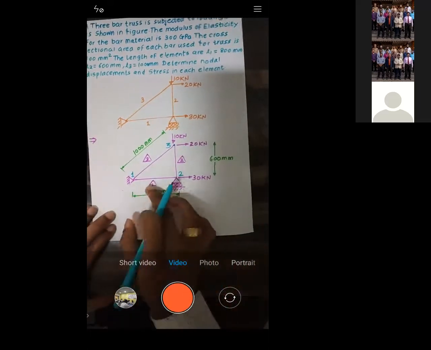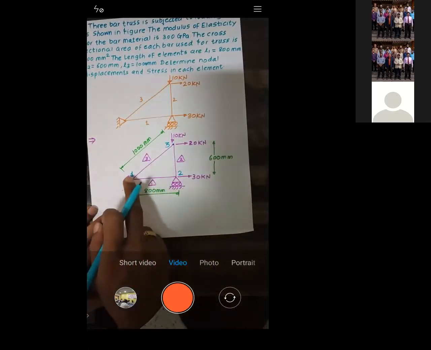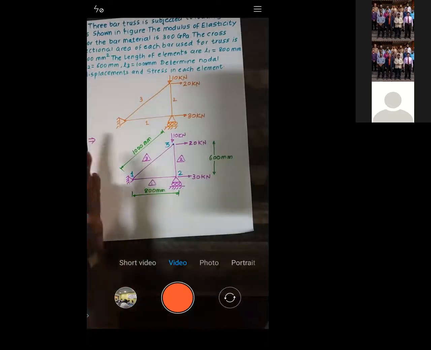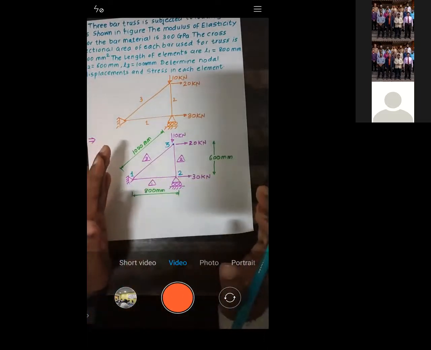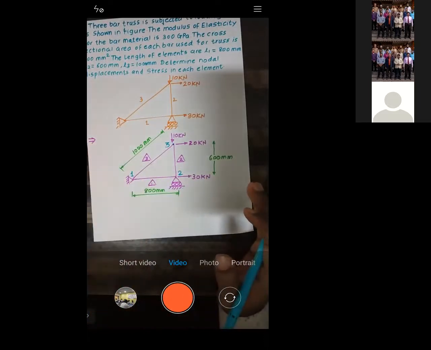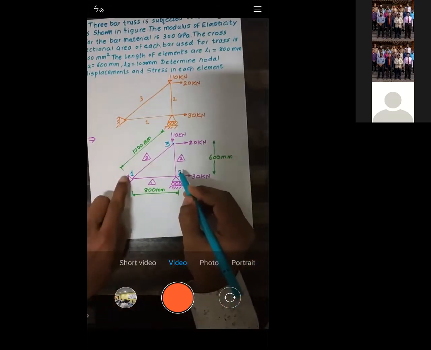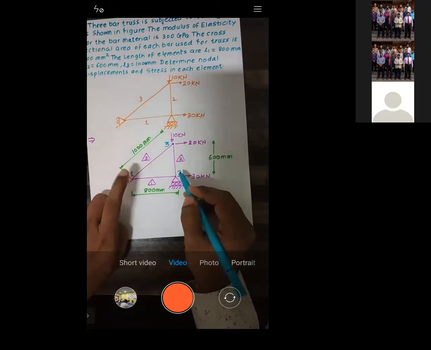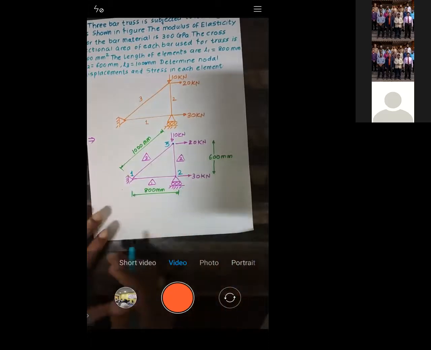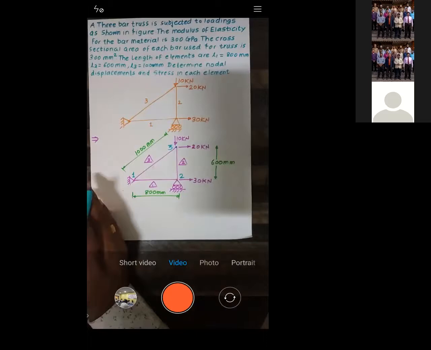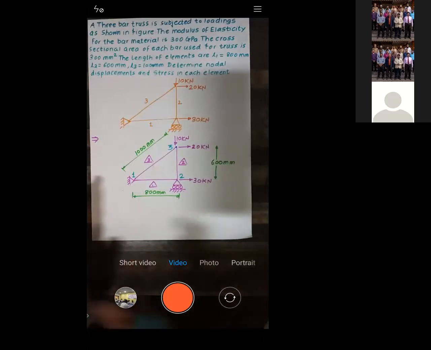Elements have been already numbered, and we just start numbering the nodes: node number 1, node number 2, node number 3. Why I did it in this manner is I'm moving from left hand side towards right hand side, so I will not get any coordinate as a minus coordinate. If you take this as node 1 and this as node 2, the coordinate of node 2 will be in the minus if you take the reference of node 1. So I assign node 1 at the extreme left hand side, and from left towards right we will have positive values.